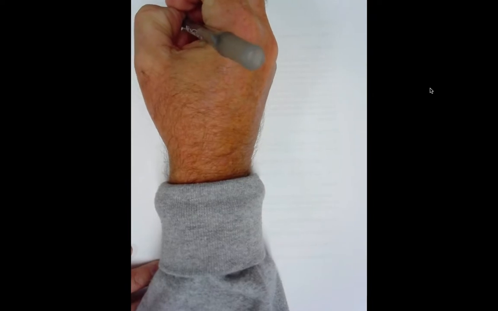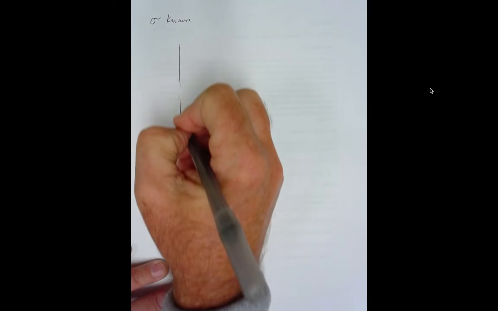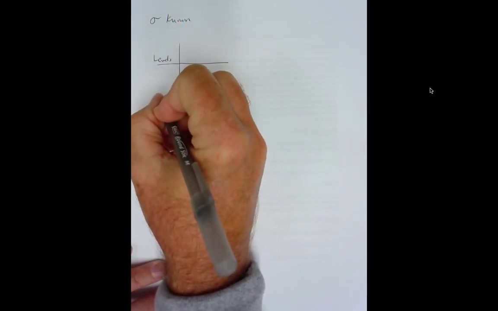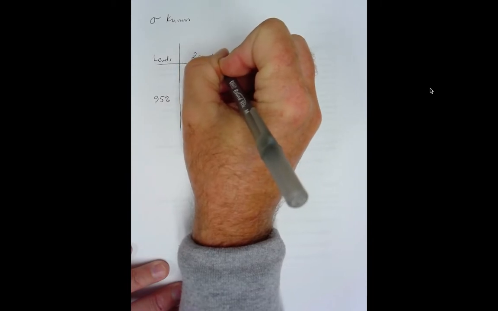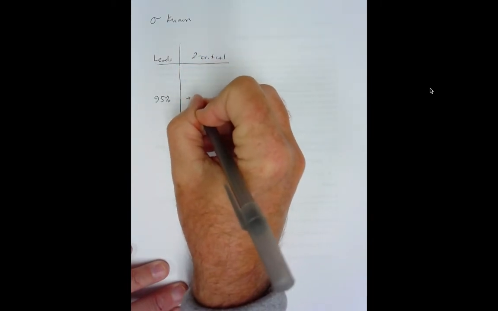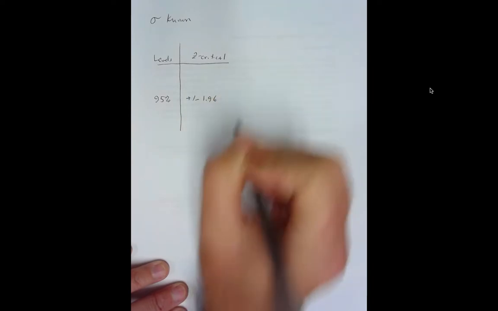working with sigma being known. And what we talked about is we had these certain levels. Let's just call it. And we saw that when we had 95%, this Z critical turned out to be plus or minus 1.96. Now, other levels of confidence that we use are